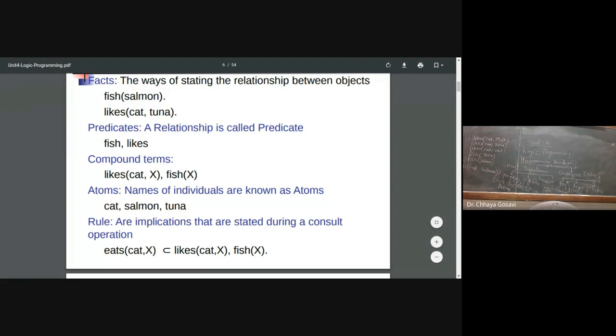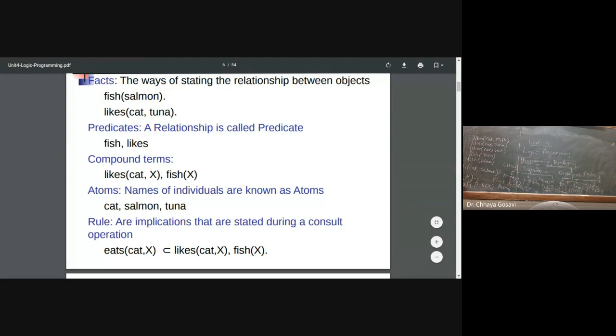So how to solve this query? I have facts, and I have a rule: eats cat X implies likes cat X and fish X. Then we have to find out X. I should have a relationship like cat likes X, and X should be a fish.